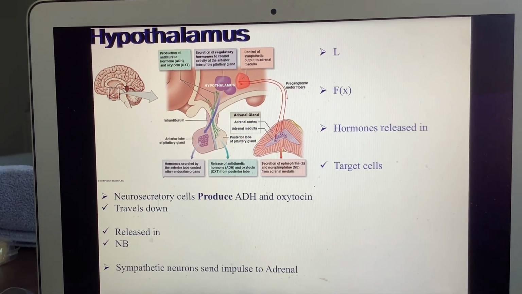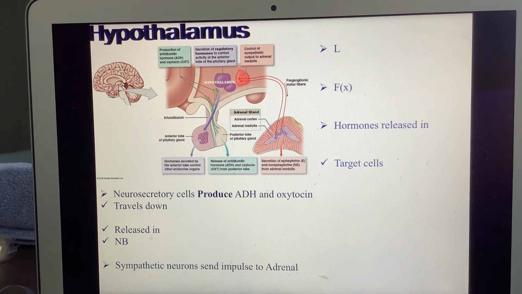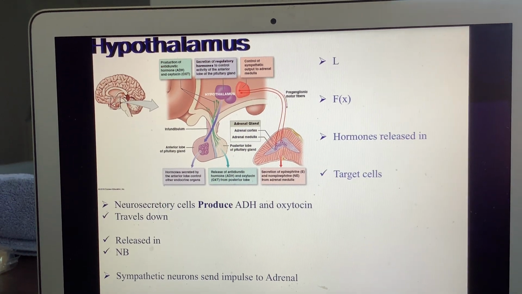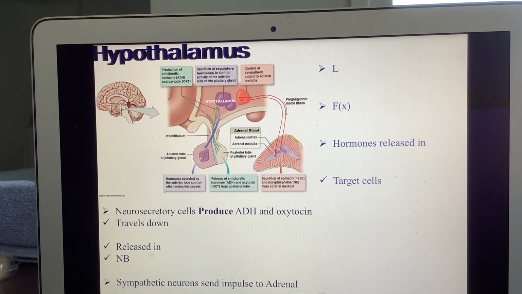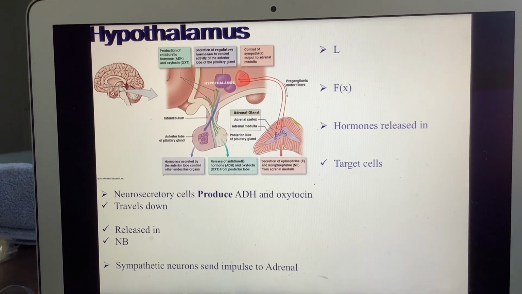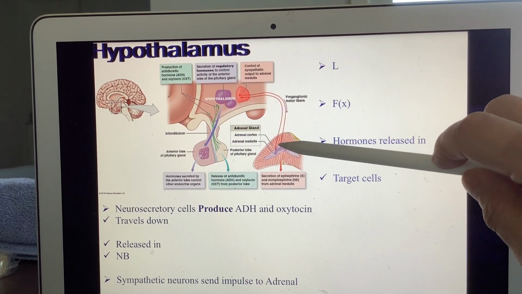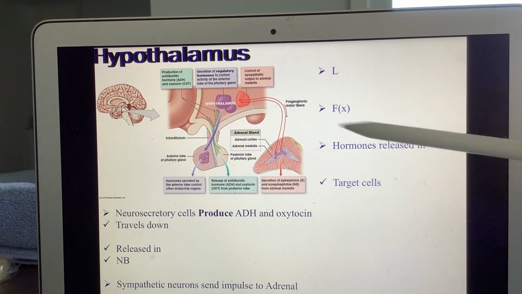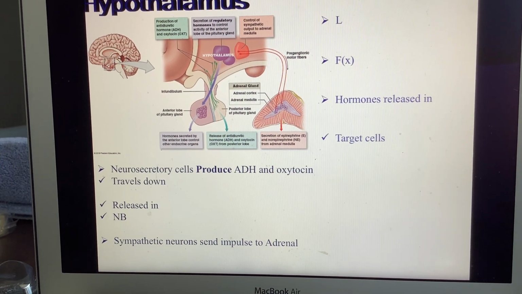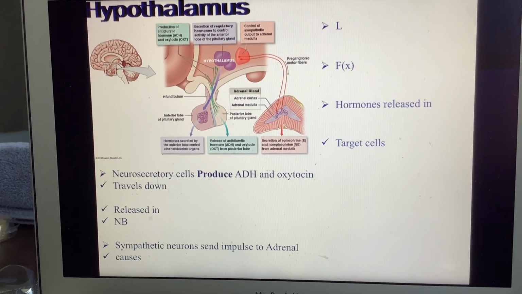The second function is that there are sympathetic neurons that are going to send impulses to the adrenal medulla. Here you can see your adrenal gland. Your adrenal gland, we'll be talking about it, sits on top of your kidneys. It's a triangular shaped organ. And you can see there are neurosecretory cells that are going to be sympathetic neurons that are going to send impulses to the adrenal medulla, medulla, which you know means the middle portion,